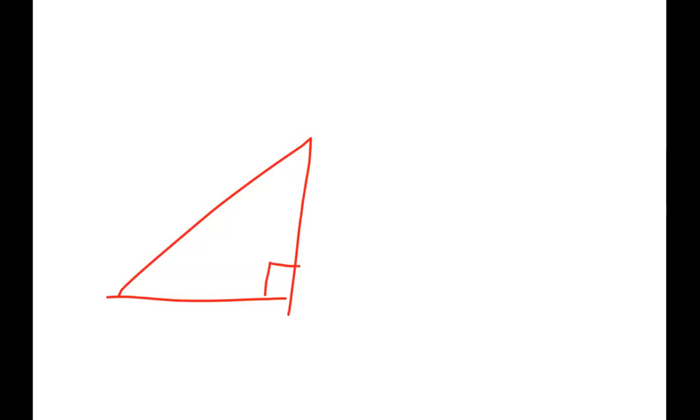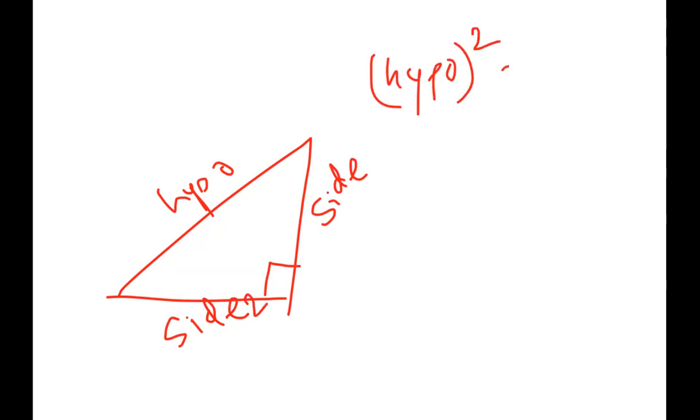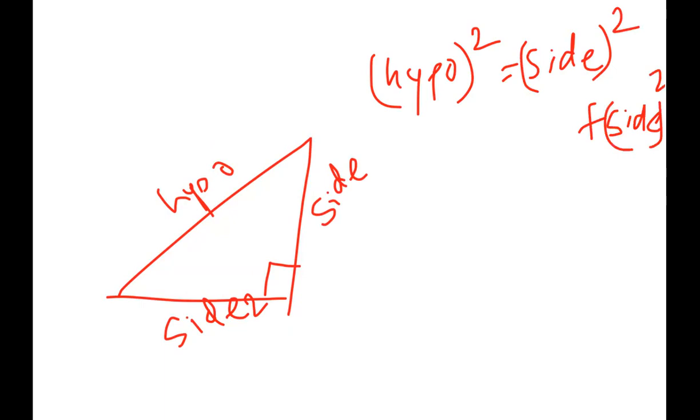I don't remember it this way. I remember it this way. If I have a right angle triangle, this is the hypotenuse, and this is side 1, and this is side 2. So I remember it this way: hypotenuse square is equal to side 1 square plus side 2 square. Otherwise there is confusion, sir, about which one to take as A, which as B, which as C. So to avoid this kind of confusion, I go for hypotenuse square equals side 1 square plus side 2 square. Is this clear?